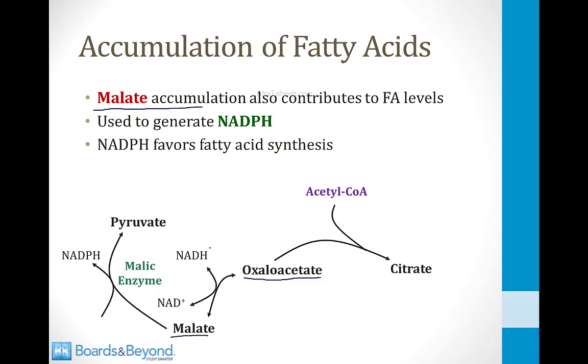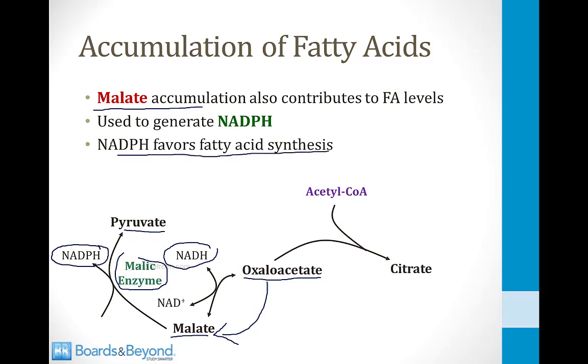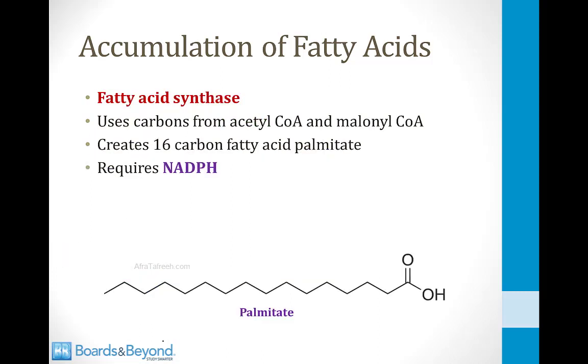Well, as we discussed a few slides ago, when NADH levels get high, this reversible reaction goes in the backwards direction so that oxaloacetate is converted into malate. This means that malate levels will rise inside of cells, and there is an alternate pathway for metabolism of malate. There is an enzyme called the malic enzyme, which can convert malate into pyruvate, and in doing so, it generates NADPH. And NADPH is necessary for the synthesis of fatty acids, and when the levels of NADPH climb, you get more fatty acid synthesis.